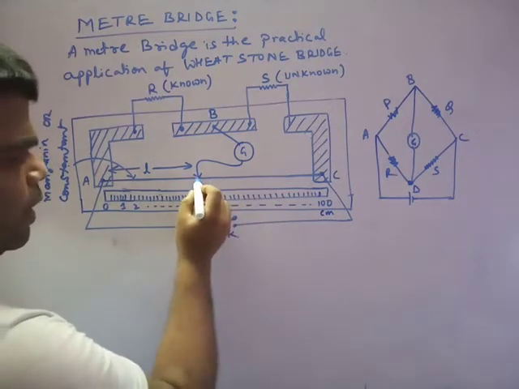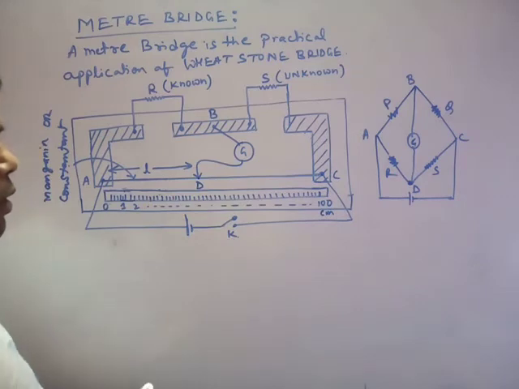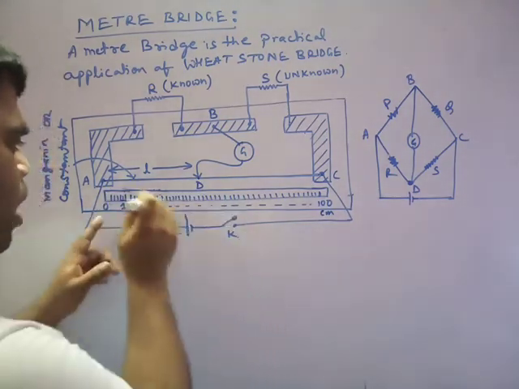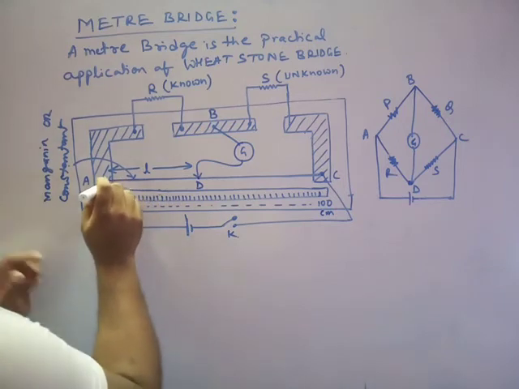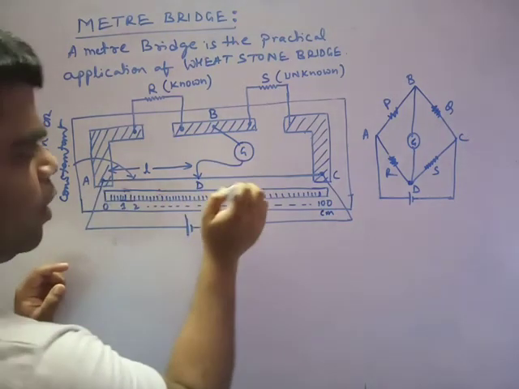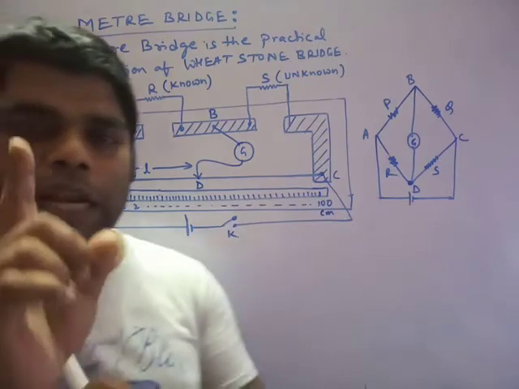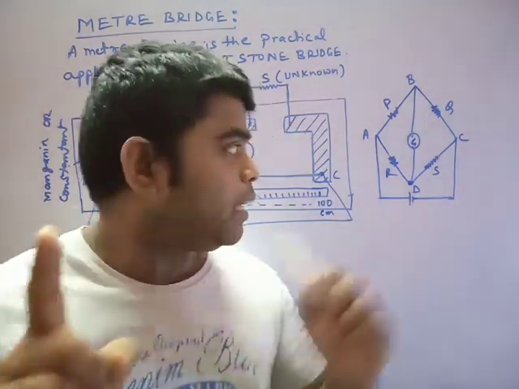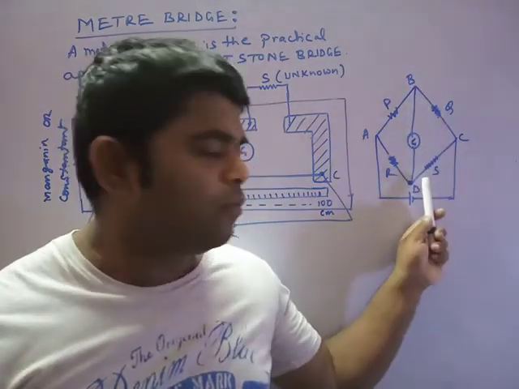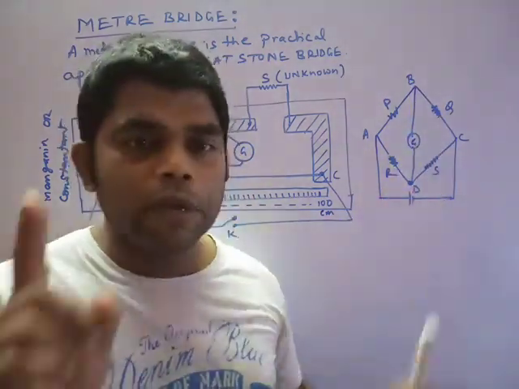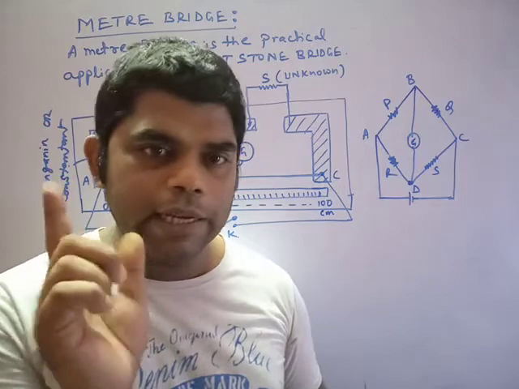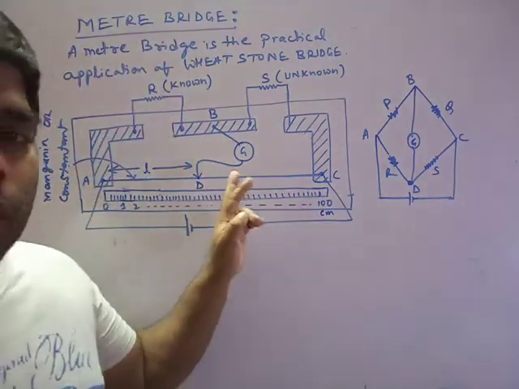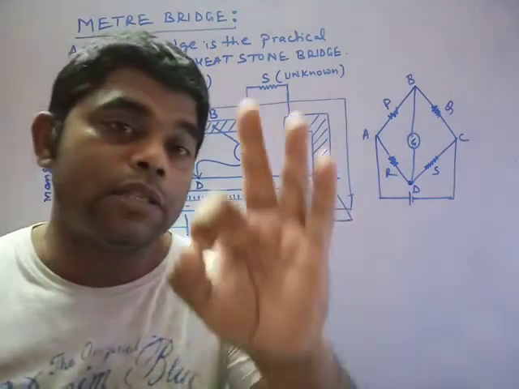Now what happened here? Actually, what we do? This is a jockey actually. एक पेन की तरह होता है jockey. So I will start the jockey from the terminal A and I will see where the galvanometer needle will show 0. क्योंकि I know that in Wheatstone bridge there is no current flow. तो current flow नहीं करेगा तो galvanometer का needle भी deflect नहीं करेगा. So that's why we'll search a point where galvanometer shows null, 0 दिखाएगा.